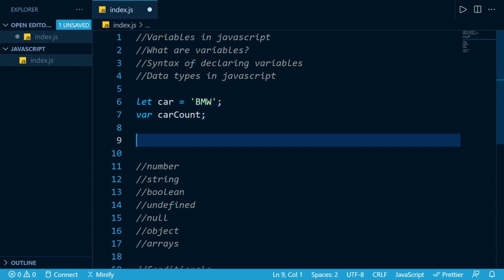For example, we can change car to some other brand, for example Tata. So we can change the brand value. Okay, so that's possible. That's basically the main purpose behind having variables in any programming language in general, so that we can reuse those values, and we can also change them if we want to.